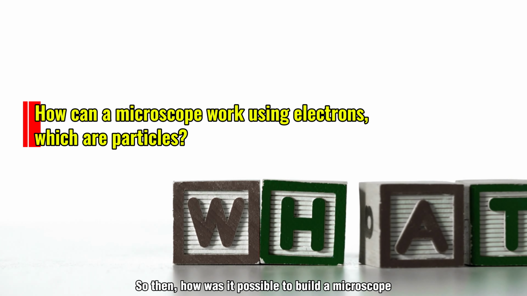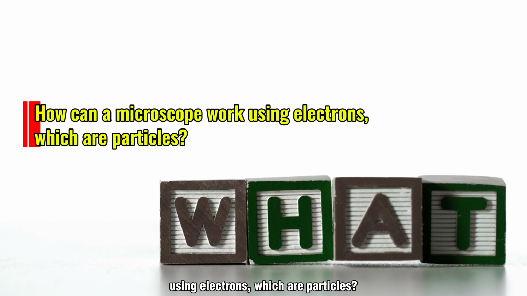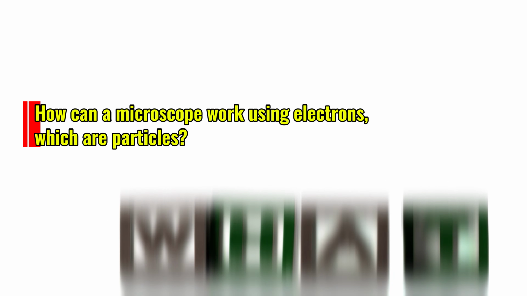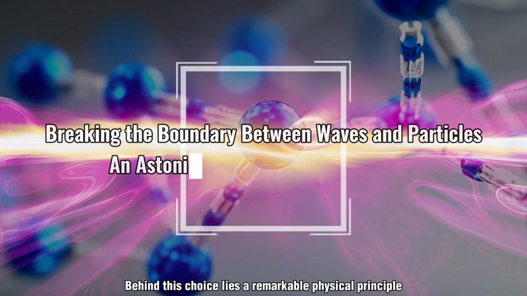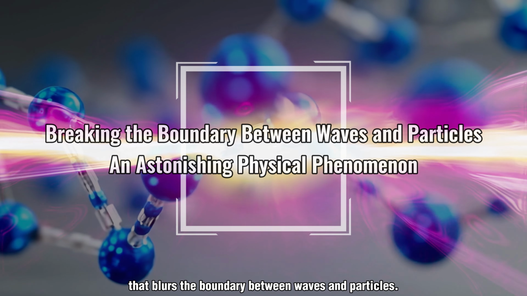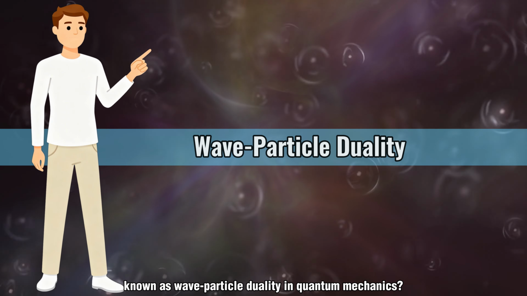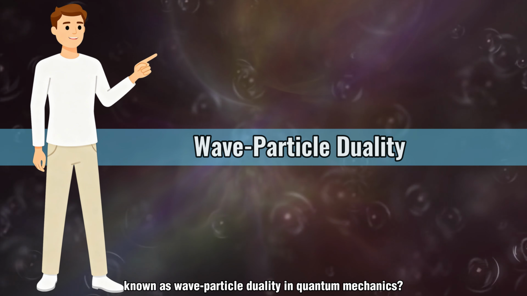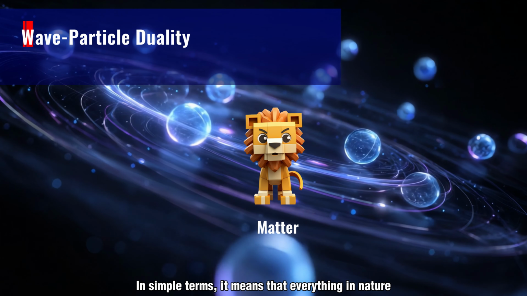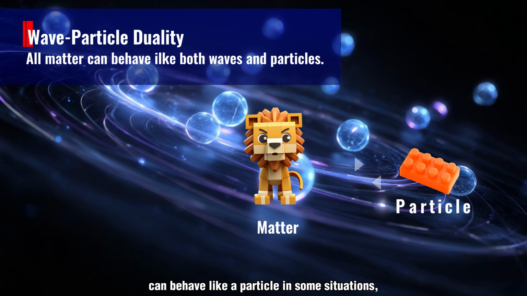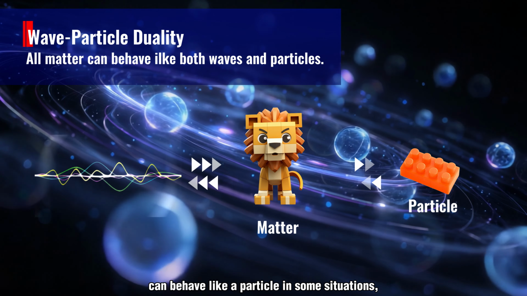So then, how was it possible to build a microscope using electrons, which are particles? Behind this choice lies a remarkable physical principle that blurs the boundary between waves and particles. Have you ever heard of the concept known as wave-particle duality in quantum mechanics? In simple terms, it means that everything in nature can behave like a particle in some situations and like a